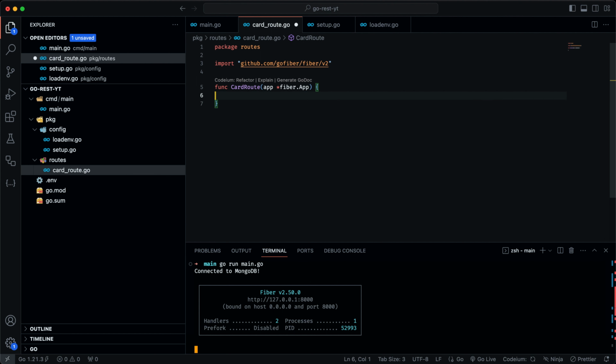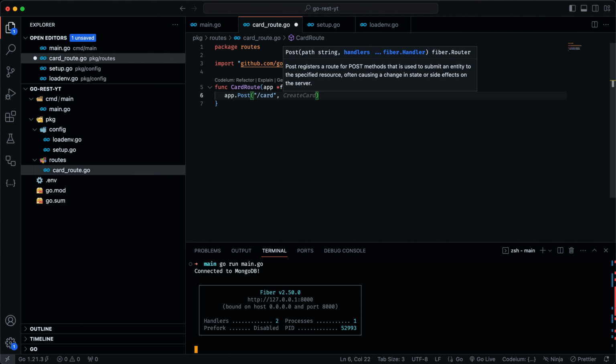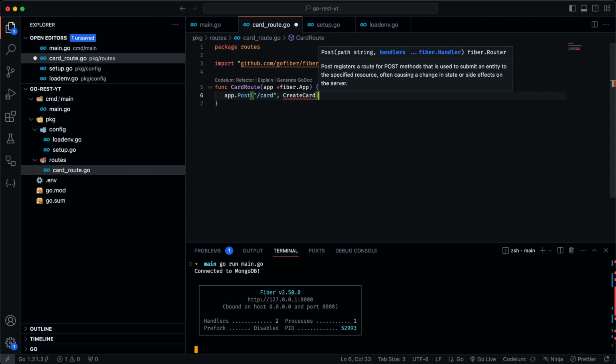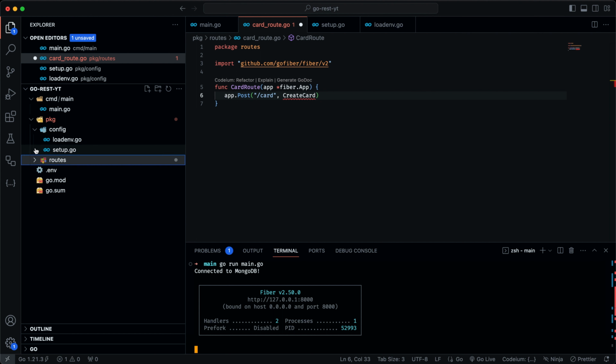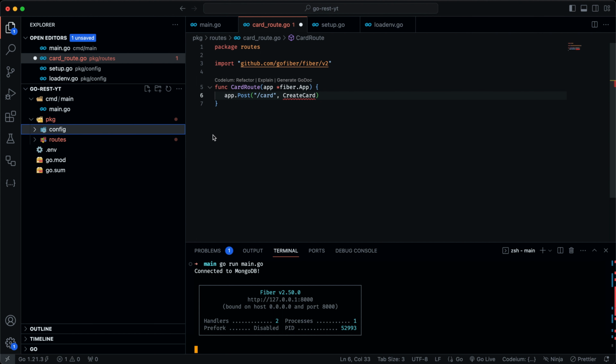App.post, and the route is /card. This will be coming from a function we'll have to create called createCard. Now this is giving me an error here because this is undefined. So now since we've created our first route,